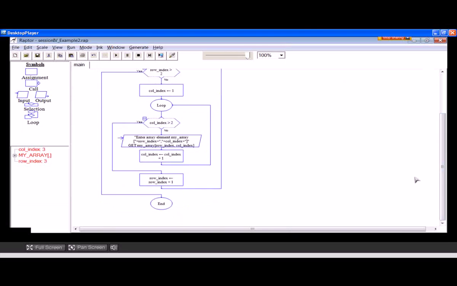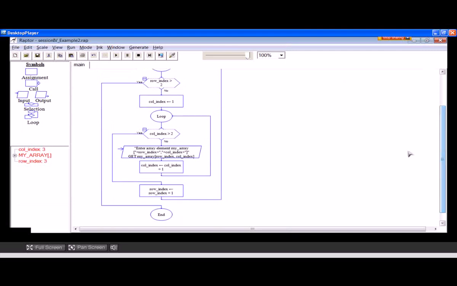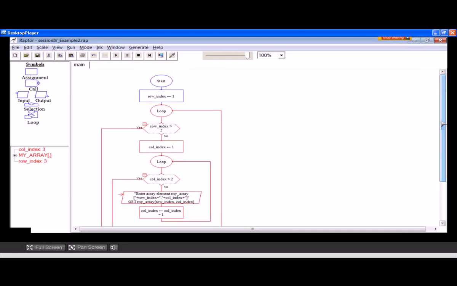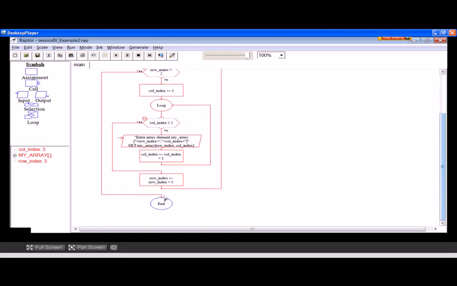Now I want to check whether, I have inputted some numbers, but is it being stored properly? We need to actually display these values. This is pretty simple actually. We are just reading and displaying, so we just take the whole outer loop, Control C to copy, and then paste the same thing